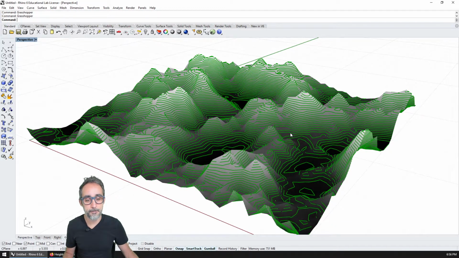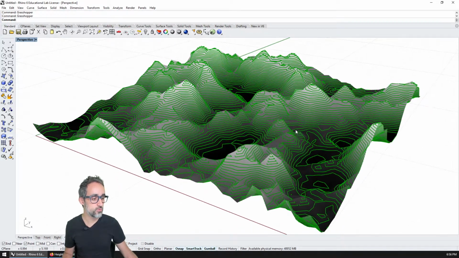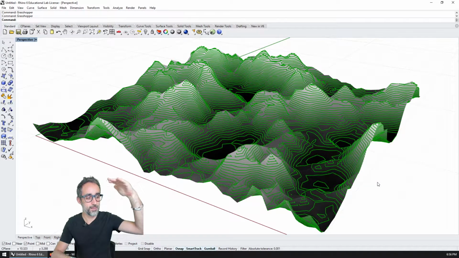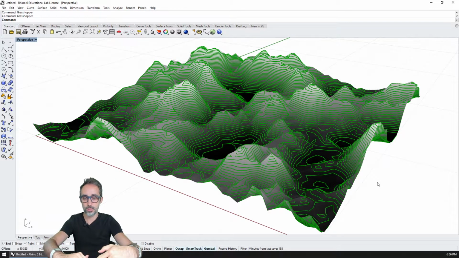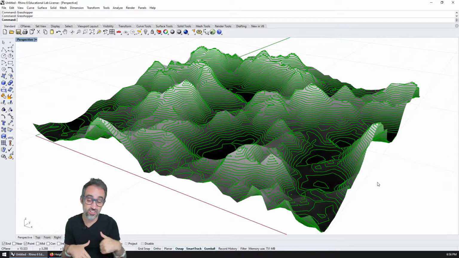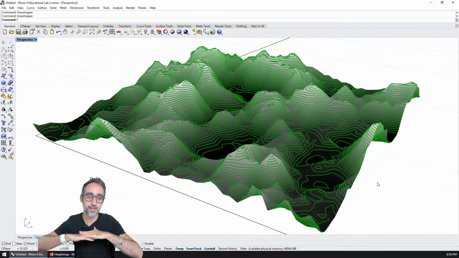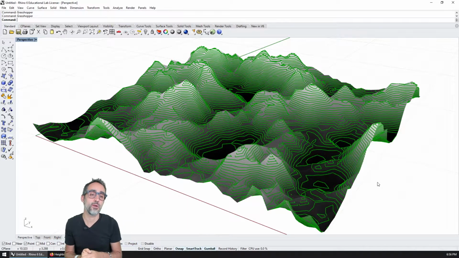Now, what do we want to do now? The last thing that I would like to do is take all of this and project them to the XY plane, so that in case we need to laser cut them, or plot them, or print them, they are all on the same plane and it makes things a little easier. We could also color them by height, actually. That could be interesting to do. But anyway, let's do that first.